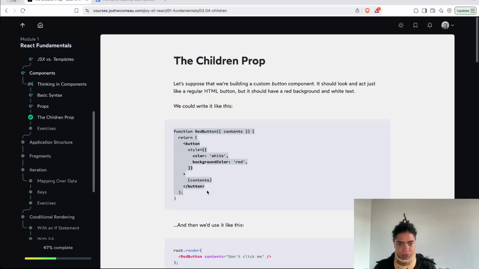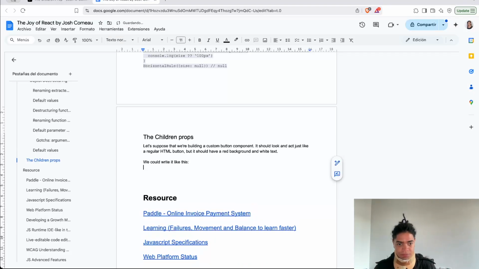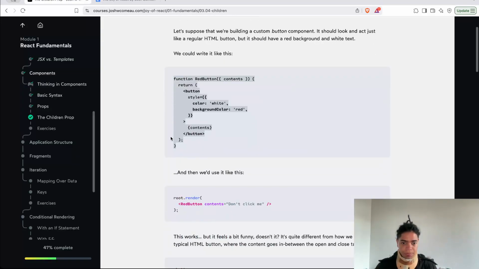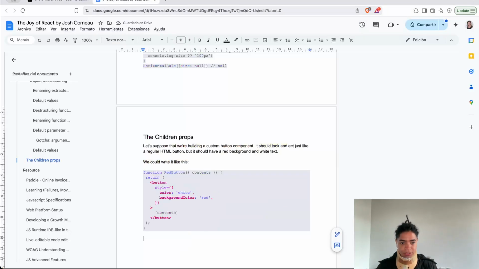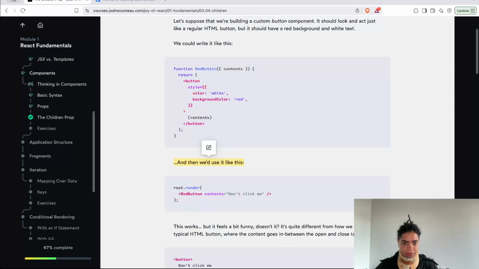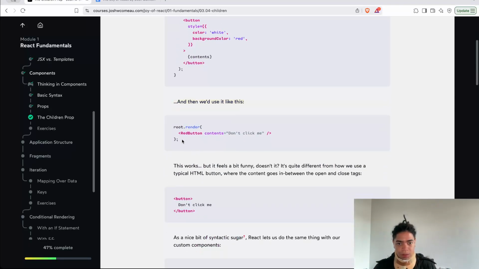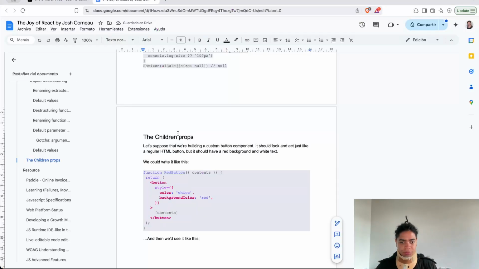So function red button blah blah blah. And then we use it like this. And this is how we can use this component. So this works, but